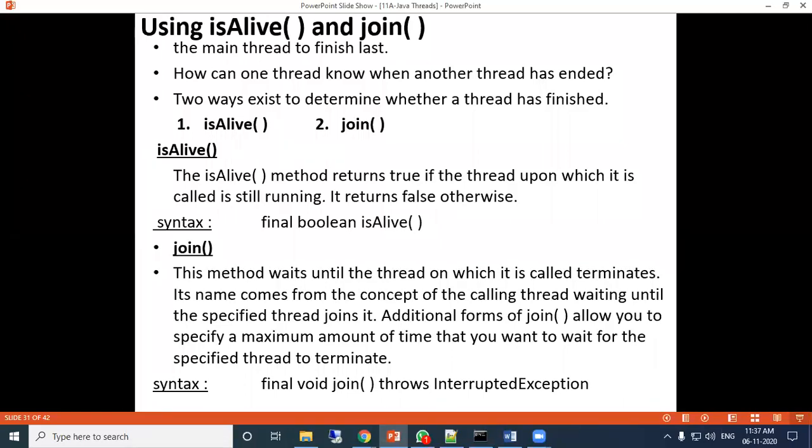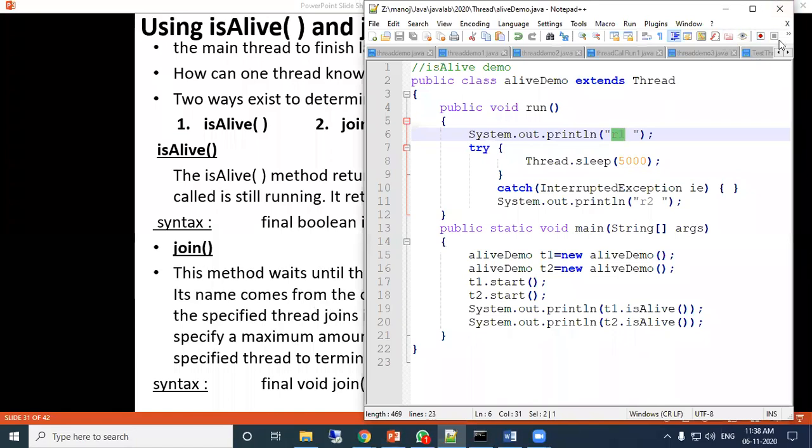Join means the thread is instructing the other threads that are already in the queue that they should join after it exits. This method waits until the thread on which it is called terminates. Its name comes from the concept of the calling thread waiting until the separate thread joins it. Now we'll see the program using the join method.